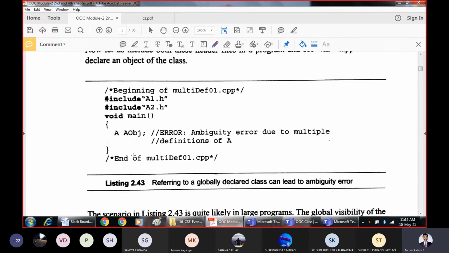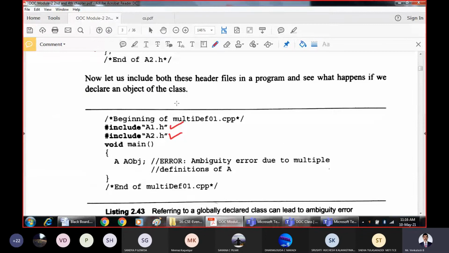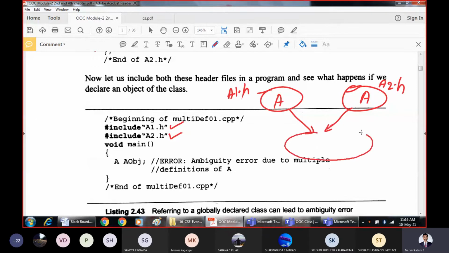Now in the program somewhere we are trying to include header file a1.h as well as header file a2.h. a1.h has class A, a2.h has class A. Both of these are being included in our program.